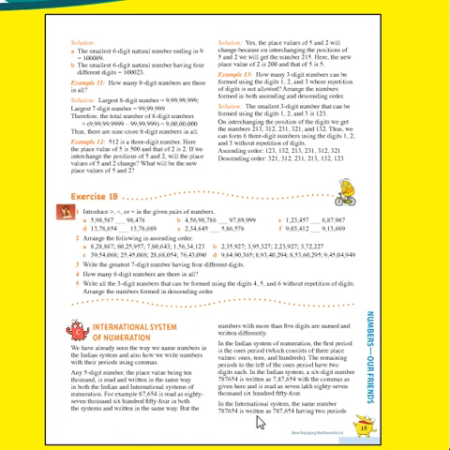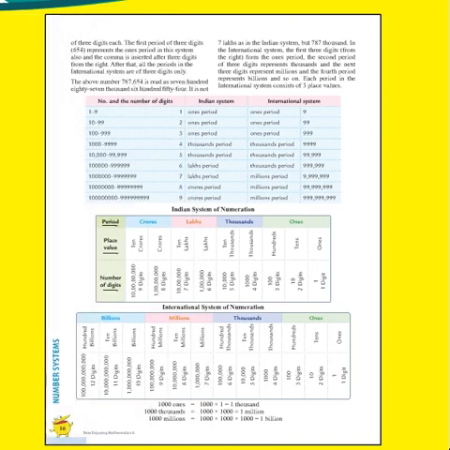The above number is read as, now turn this page, see, here we have the numbers. The number is read as 787,654. It is not 7 lakh as in the Indian system, but in the international system we read it as 787 thousand 654. From the ones period, the second period of 3 digits represents the thousands, and the next 3 digits represent the millions. Then after that, the further period represents the billions and so on.